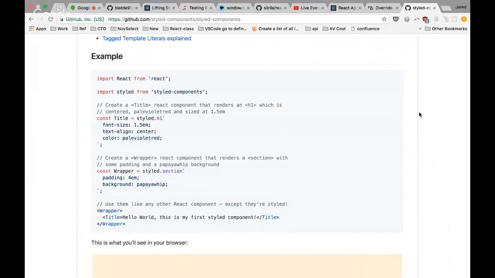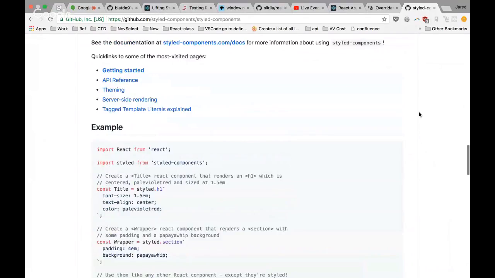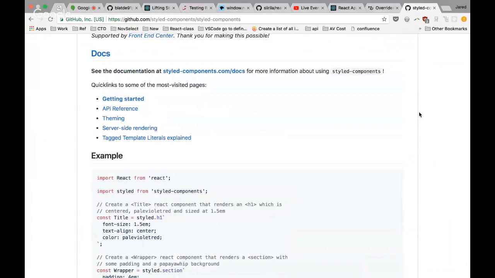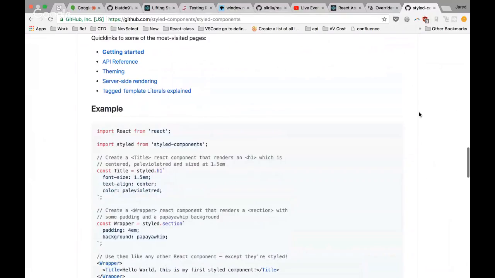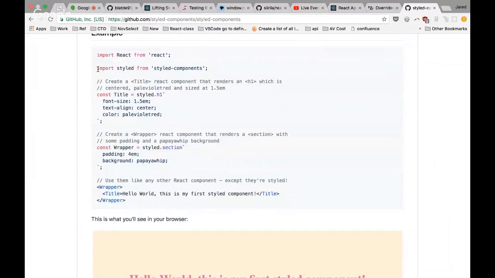So there are a lot of different things that do this sort of inline styling or other styling like that. This is an example of styled components, and this is just yet another library that you can go pull down. Here, they're importing styled from styled components and doing something a little weird where they're creating a title React component